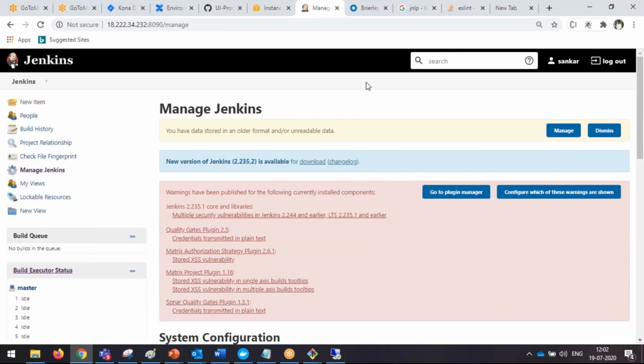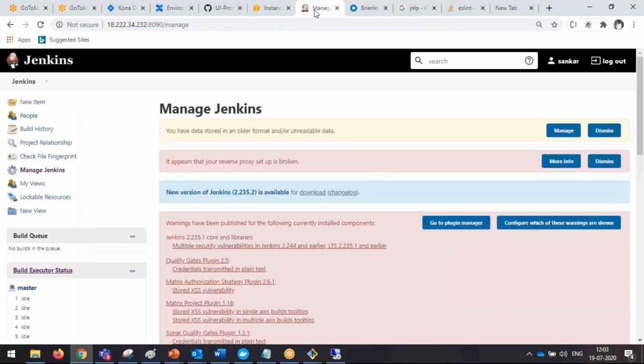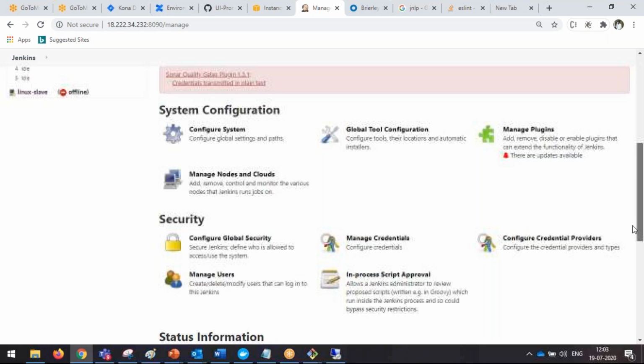Right. So now the communication between the Windows slave and your Linux master is going to use the JNLP protocol, Java Network Launch Protocol. The JNLP port is 8899, which I have provided there, a fixed port number. So now I will go to Manage Jenkins, then scroll down and click on Manage Nodes,